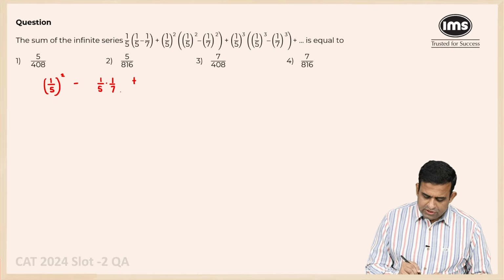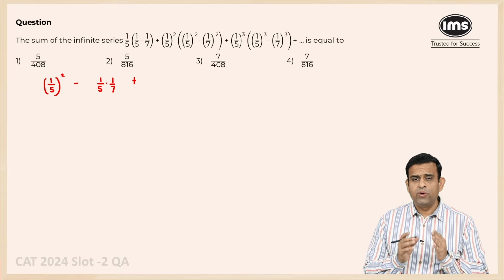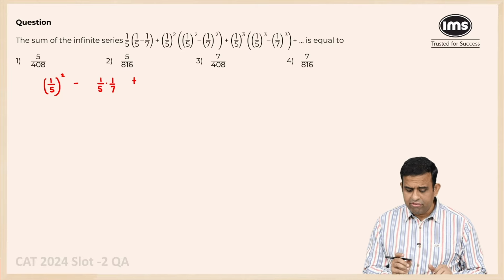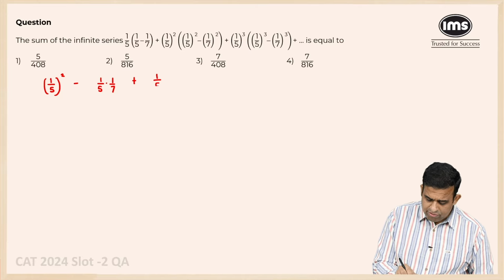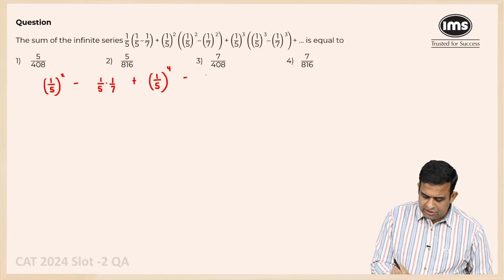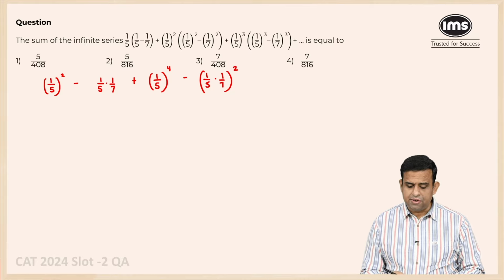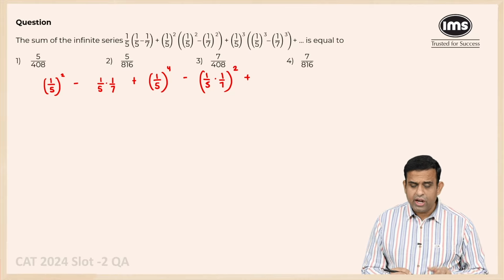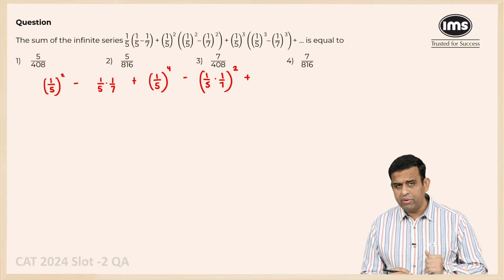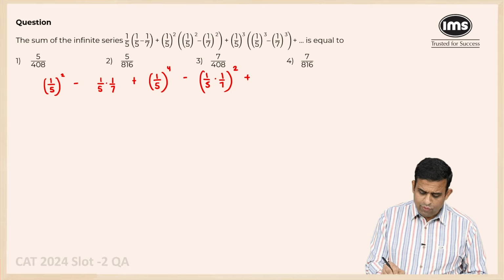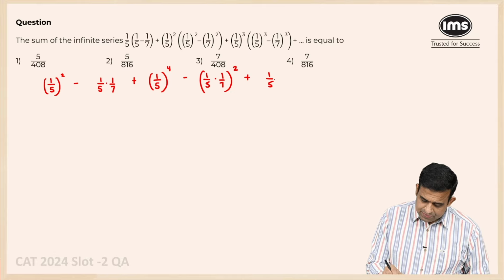If I open the second bracket, you will get 1 by 5 square into 1 by 5 square, giving you 1 by 5 raised to 4, and you also have 1 by 5 into 1 by 7 whole square. That's my second term. The next one, 1 by 5 cube into 1 by 5 cube, I can say 1 by 5 whole raised to 6